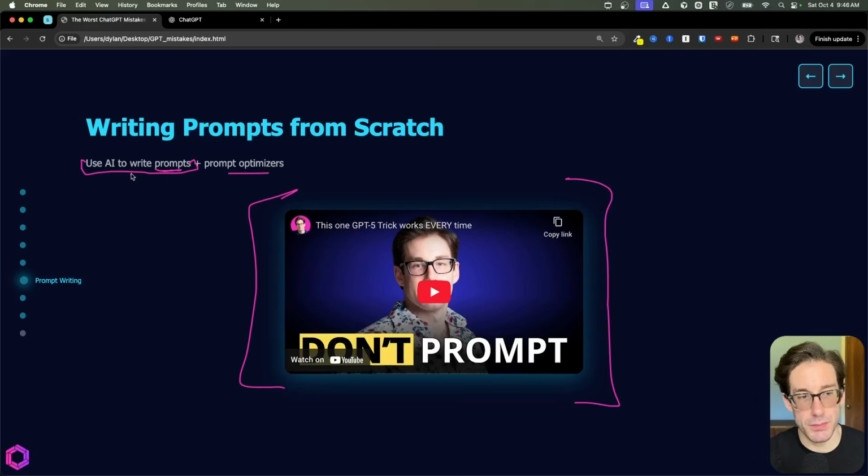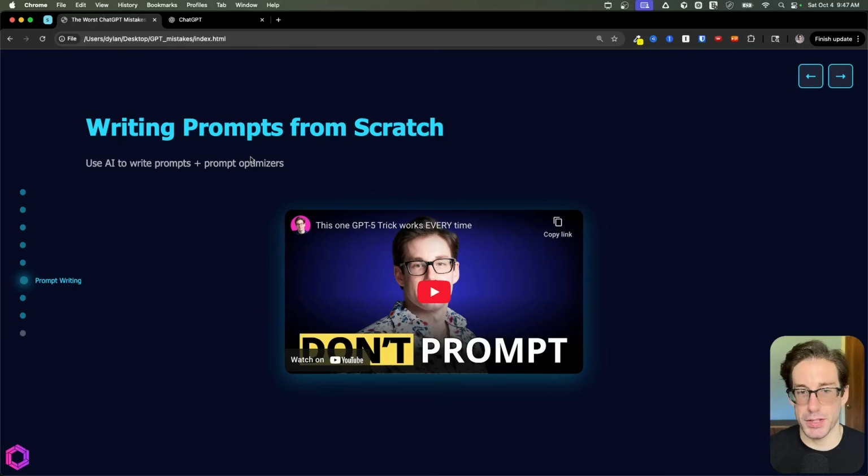You can say, research best practices for this model, then use those best practices that you research to write a prompt on my behalf for this task, and it'll do that for you, and you'll have an improved prompt. And you can take that prompt and feed it into a prompt optimizer. OpenAI and Anthropic both have prompt optimizers that will rewrite your prompts using best practices for their models specifically and then inject that into your prompt, improving it.